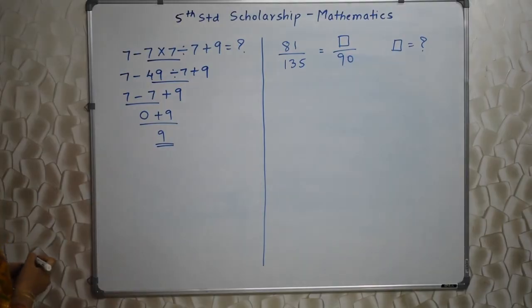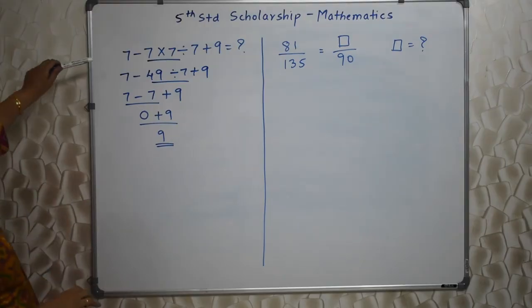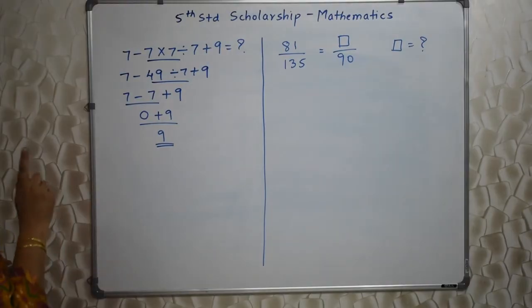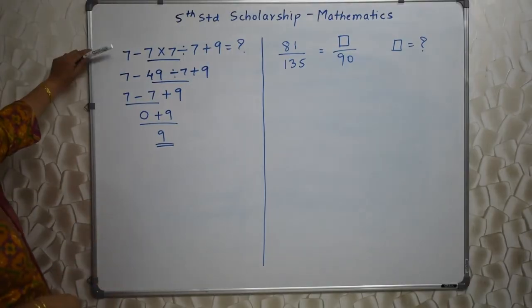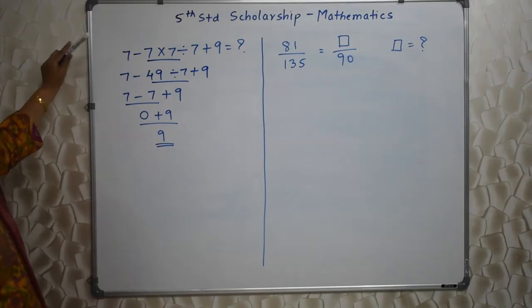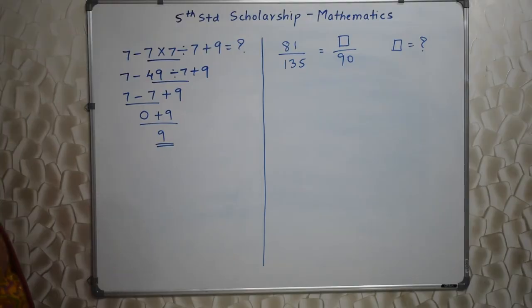Here the operation which you perform first as per the BODMAS rule will give you 2 marks. If you do not follow this order, your answer will definitely be different, and that option will also be there. So the probability of making a mistake is more in these kinds of sums. In case you don't know the BODMAS rule, please see that. If you have any query, of course you can mention it in the comment section. If you need any help from my side, I am always there.